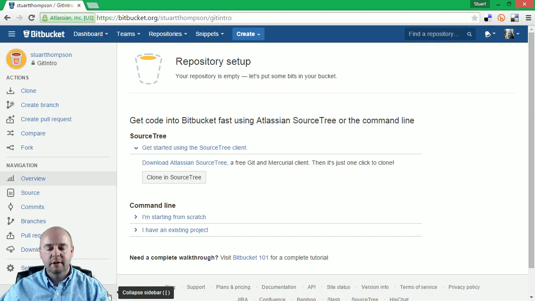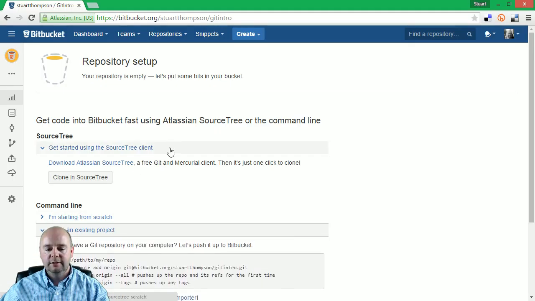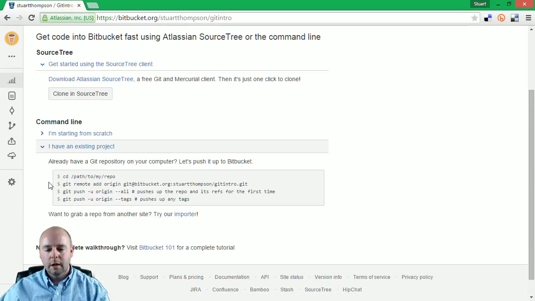I'm going to collapse this sidebar so we have a bit more space to work with. And the instructions on the repository setup screen explain how to work with SourceTree to get started, a tool from Atlassian for working with Git. We're going to use the command line as we have been so far. And I'm going to select the instructions for I have an existing project. Now these instructions say if you already have a Git repository on your computer, let's push it up to BitBucket. So this would be a developer creating a new repository and then pushing it to BitBucket to get a project